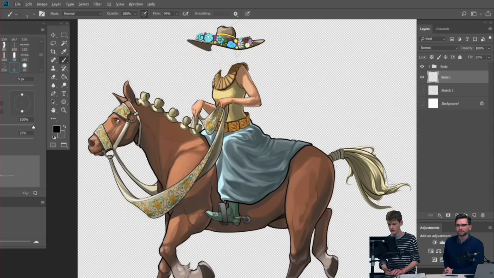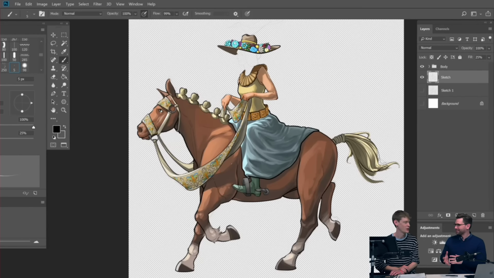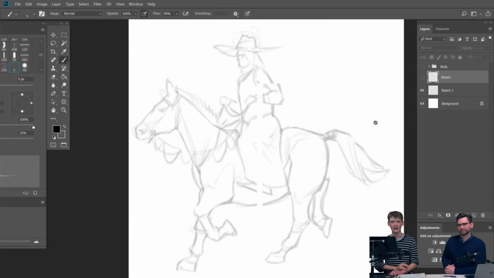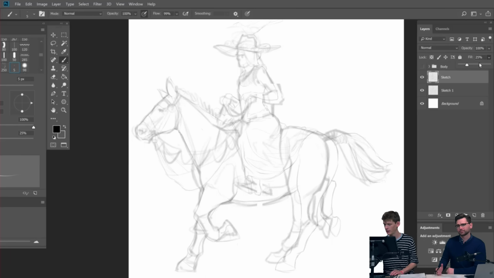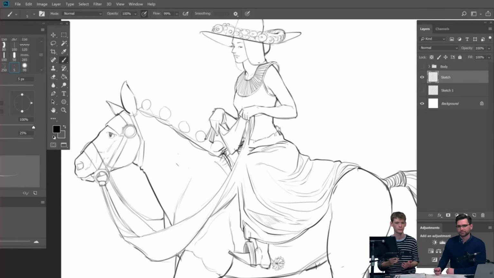So this is the one I prepared earlier. We've skipped forward a couple of iterations, a couple of steps. So I can actually show you, if I bring in my background. That was the sketch that I had on the drawing earlier. And then a couple of iterations later, we end up with this, which is still a relatively rough pencil sketch, but I've got obviously a lot more detail in there. The first one is probably like a 5-minute sketch. This one's probably more like a 15-20-minute sketch. And then I'll show you how I turned this into a finalized sketch.